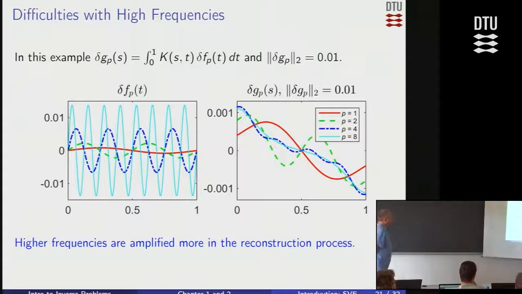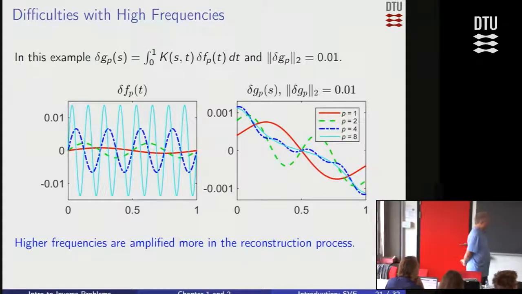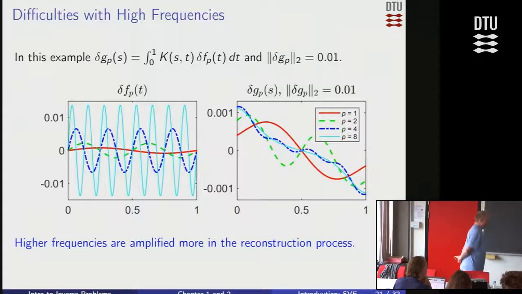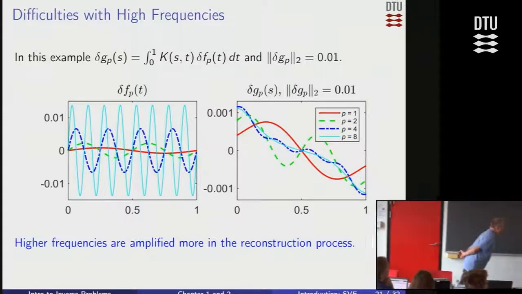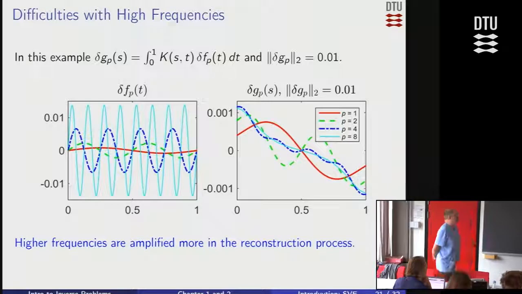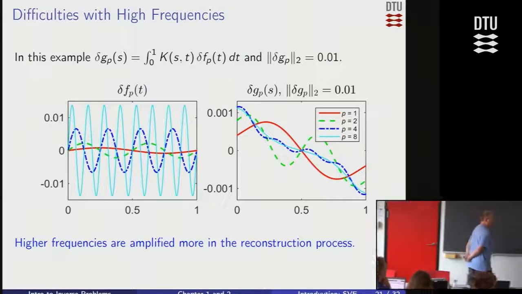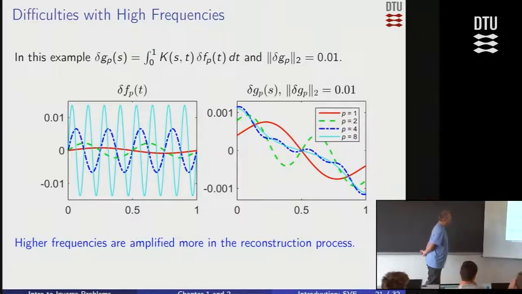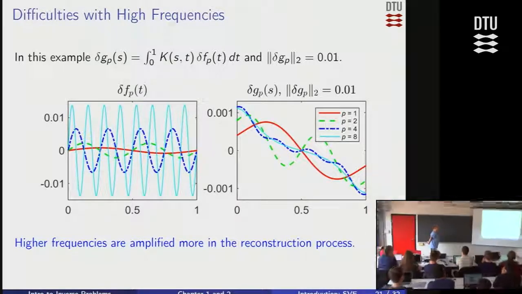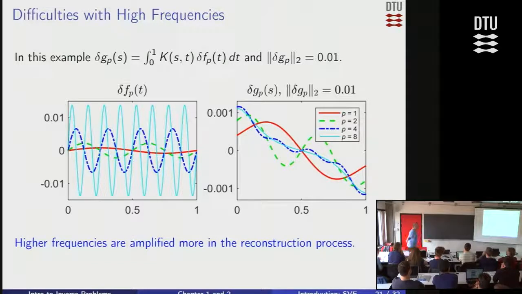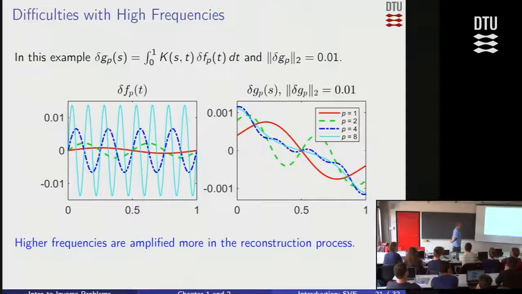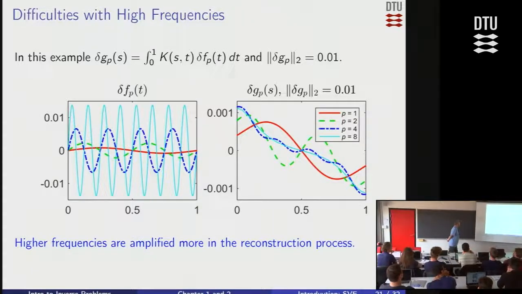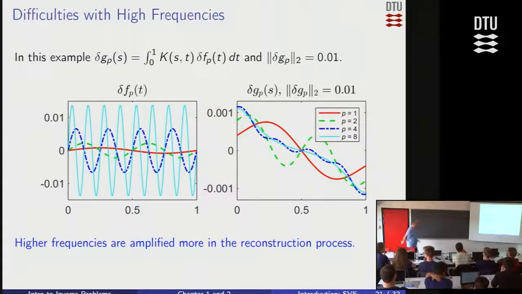And then you can see that high-frequency perturbations of your data give much larger perturbations of the solution than low-frequency information. So that's the point right here. If you have a low-frequency perturbation of your data, it's not that harmful. It gives somewhat of a perturbation in your solution, but it's really not that big. But then suddenly, if you have a high-frequency perturbation of your data, then you can see the corresponding perturbation of the solution can be pretty dramatic there.